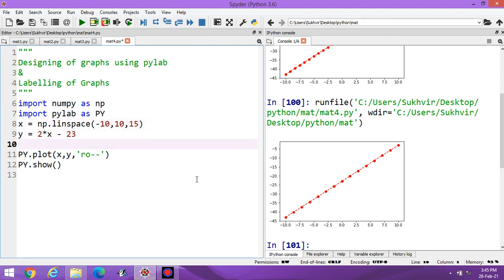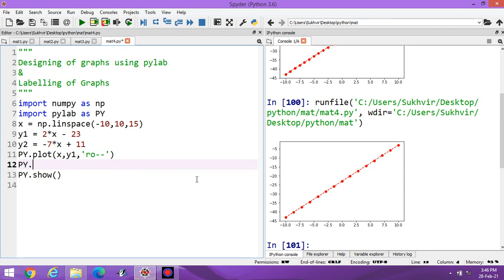Let this one be y1. Let the second graph be y2. Suppose I am writing minus 7x plus 11. Suppose this one is the second graph.